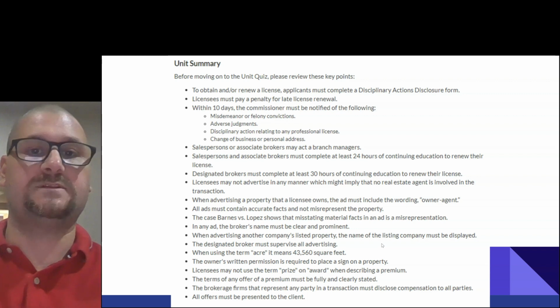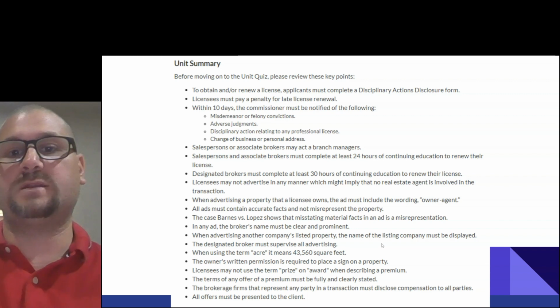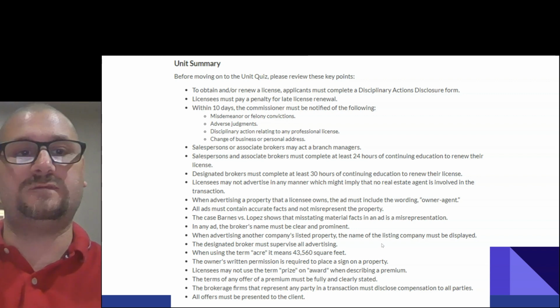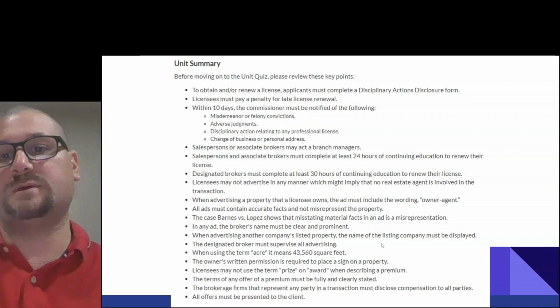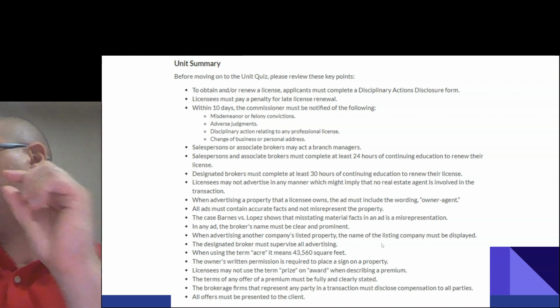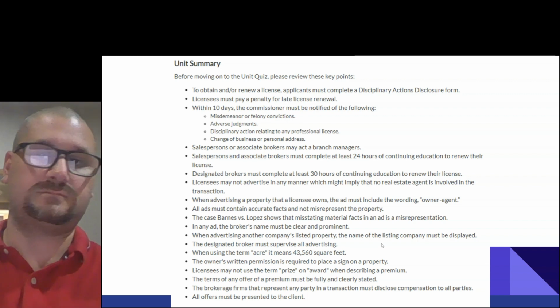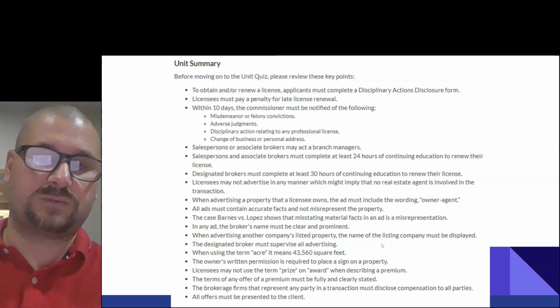Licensees may not advertise in any manner which might imply that no real estate agent is involved in the transaction. When advertising a property that a licensee owns, the ad must include the wording owner agent. All ads must contain accurate facts and not misrepresent the property.